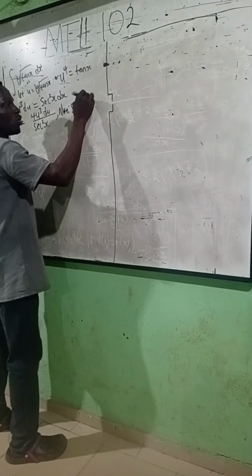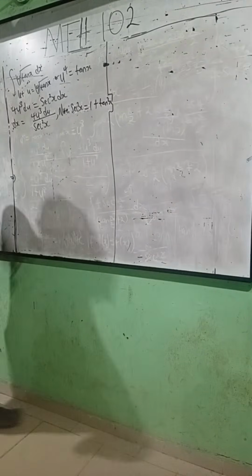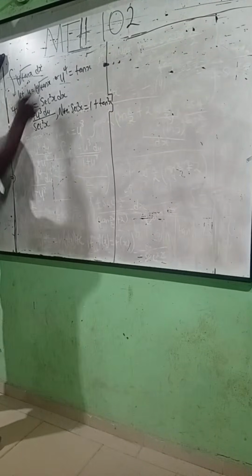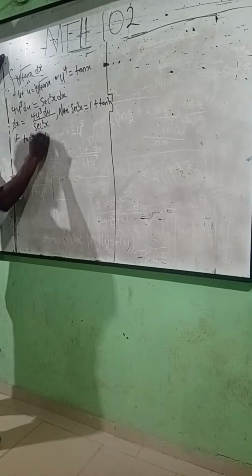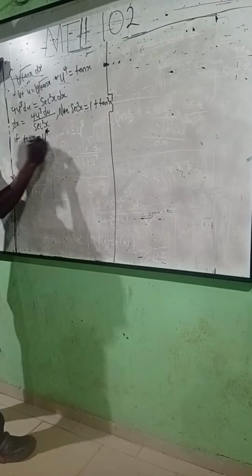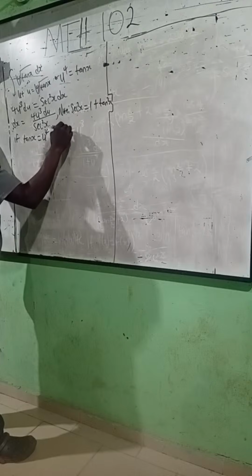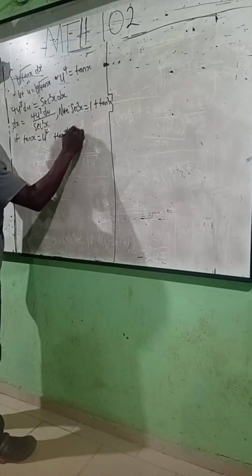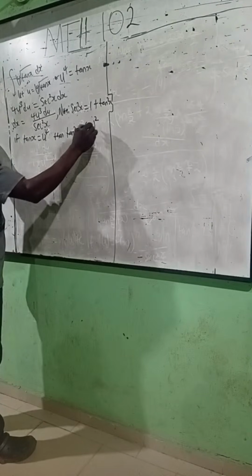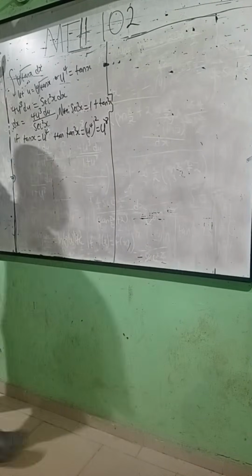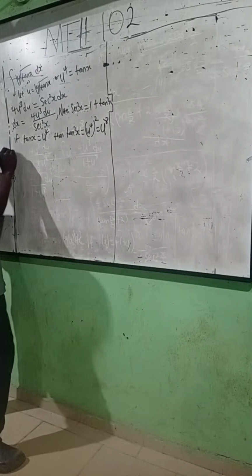Square x equals to what? Tan square x. And if from above, what is our tan x? u raised to power 4. If tan x equals u raised to power 4, then tan square x will give us what? Isn't it? Equals to u raised to power 8, isn't it? That means